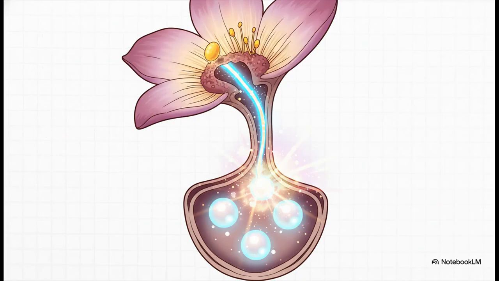So right after that pollen gets delivered, the next step is fertilization. And what's that, you ask? Well, this is the moment. It's when the pollen actually joins up with the female part of the flower. This is the spark that creates the brand new seeds, the ones that carry the blueprint for the entire next generation.